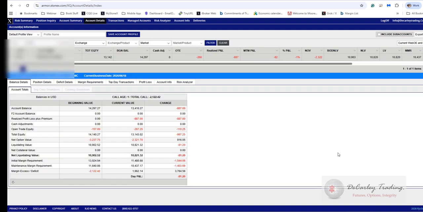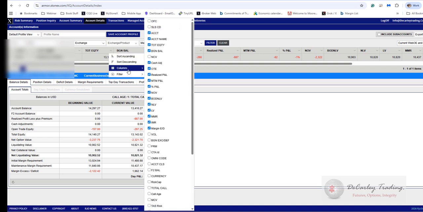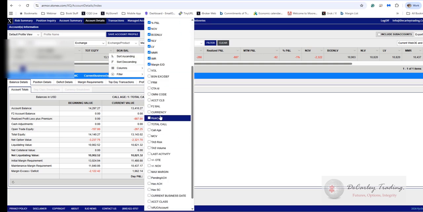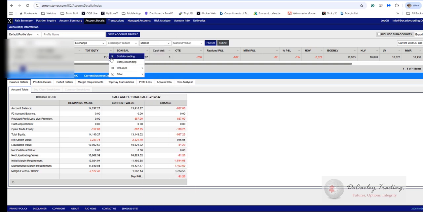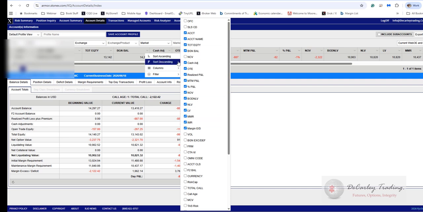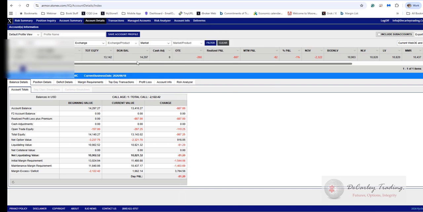When you get to account details, you are going to see a strip at the top of the page, very similar to what we saw in risk summary. And again, these columns can be customized. Simply click on the arrow in any of the columns and you can bring up the menu to check and uncheck. I've added a few extra line items to this one,